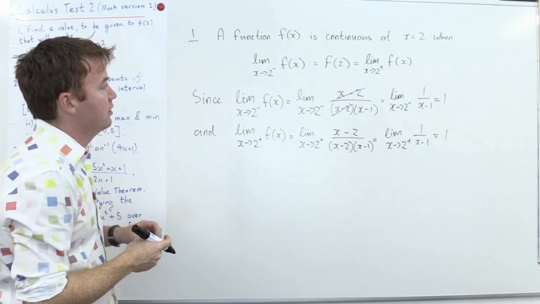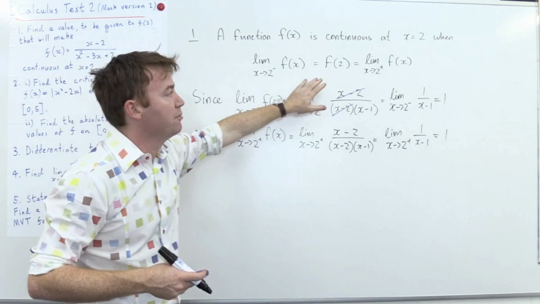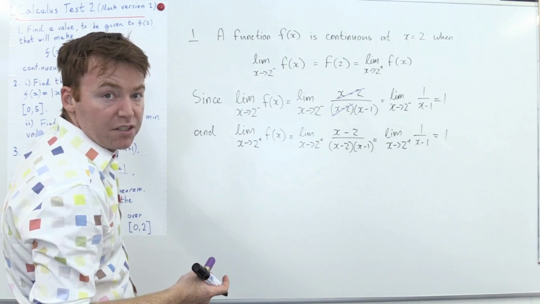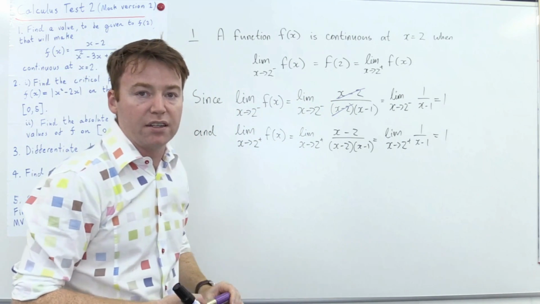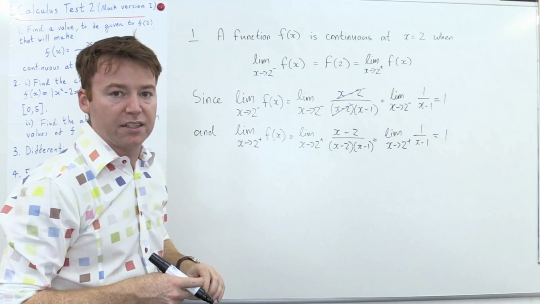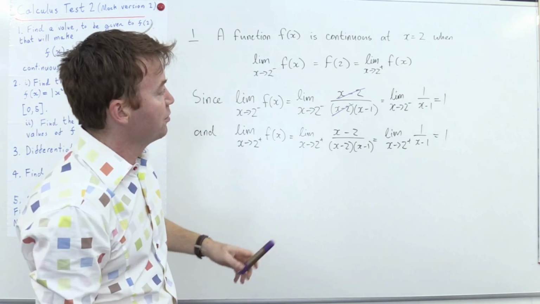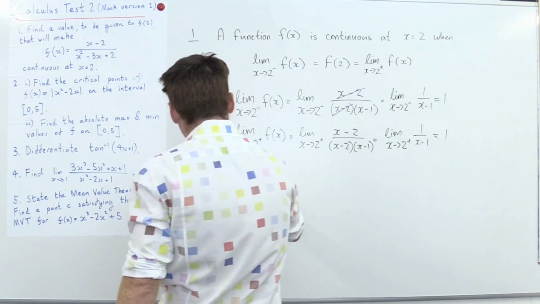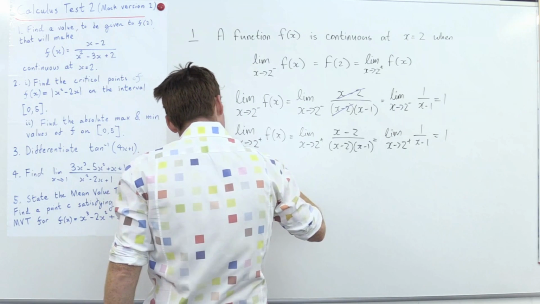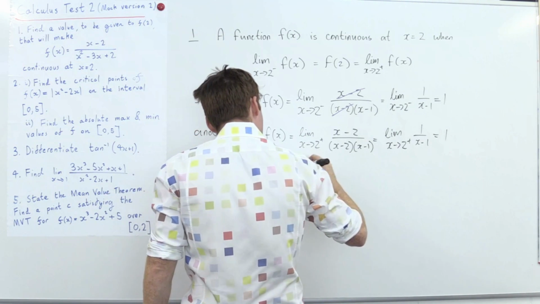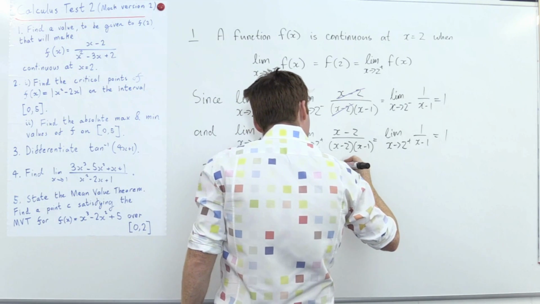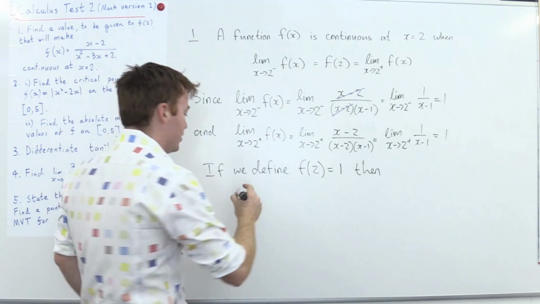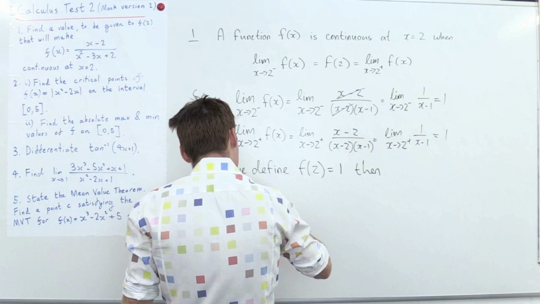Now, we don't actually know what f of 2 is. In fact, the function is not defined at x equals 2. You have this division by 0 at x equals 2. So the function is not defined at x equals 2, but if we were to define it to be equal to 1, then the function would be continuous at that point. So if we define f of 2 to be 1, then the limit x